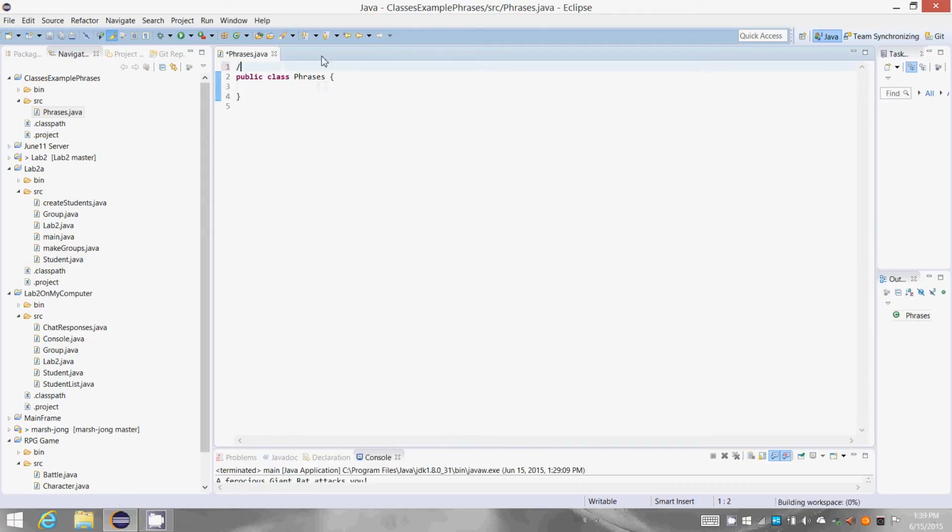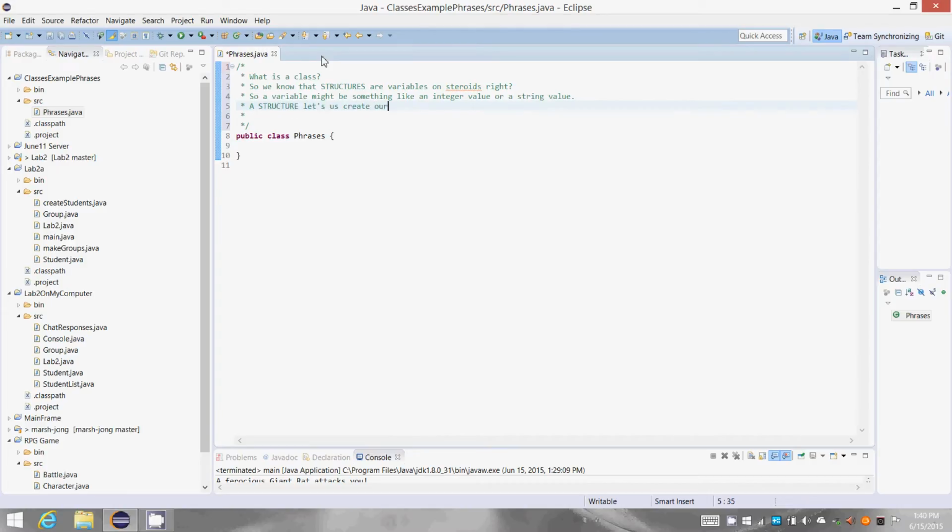Alright, so first of all, let's talk about what is a class. We know that structures are variables on steroids, right? A variable might be something like an integer value or a string value. A structure lets us create our own customized variable, right? So maybe in a video game you have a structure that